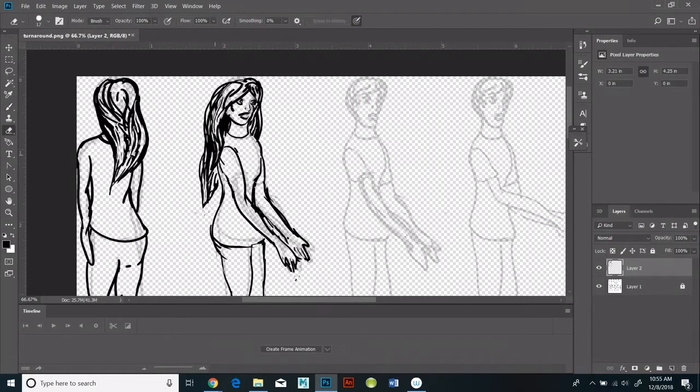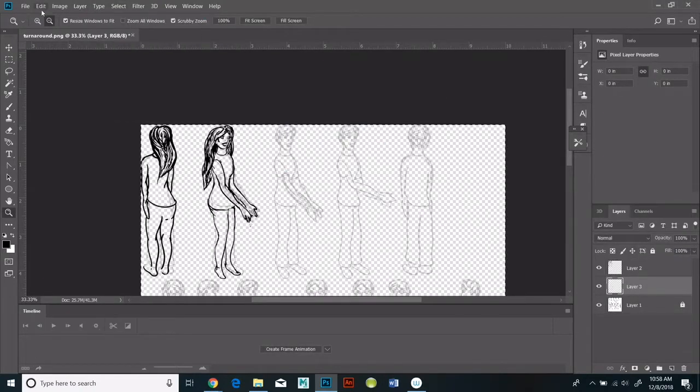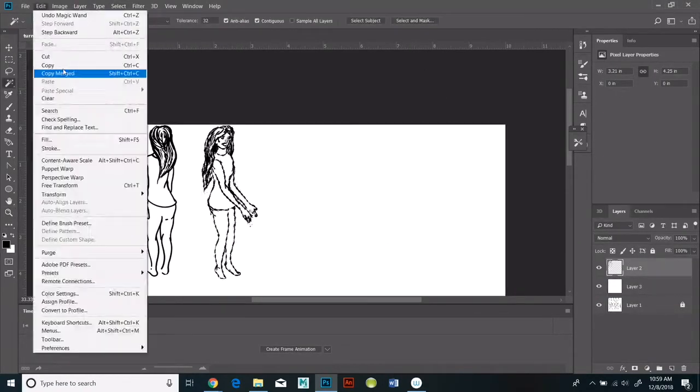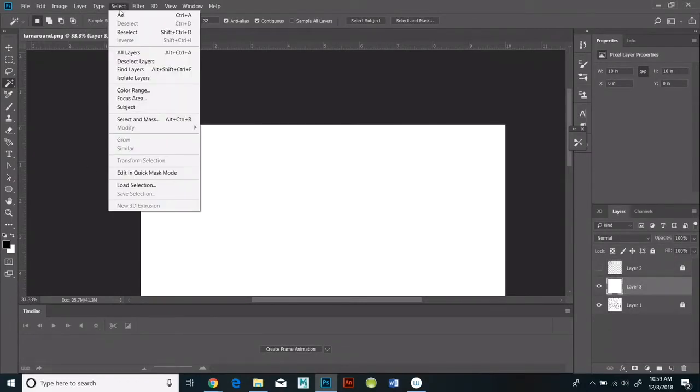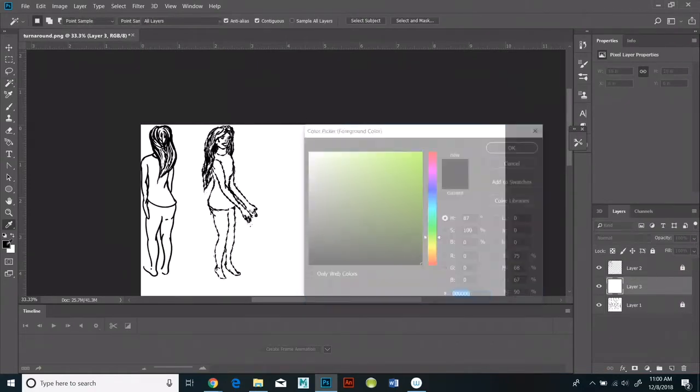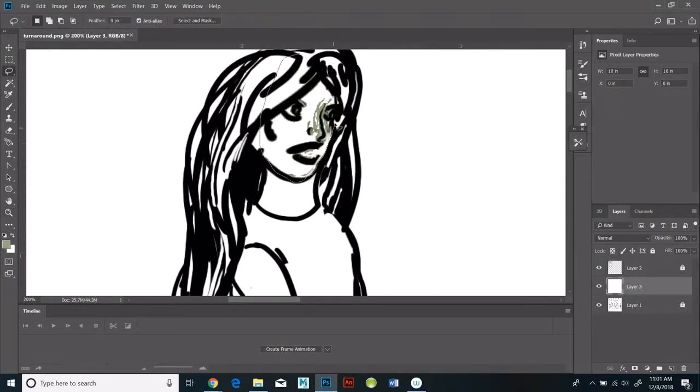Then I created another layer, and once I've created that other layer, I dragged it underneath my drawing and I hit deselect, and then when I went to the layer below and I hit reselect, and that gave me the selection of the lines but in the blank layer below the figure. Then I hit inverse, and